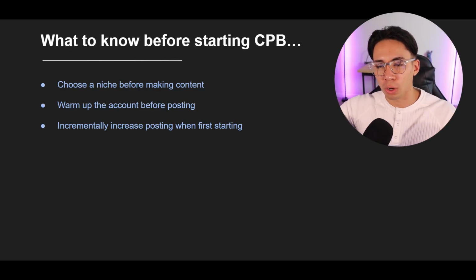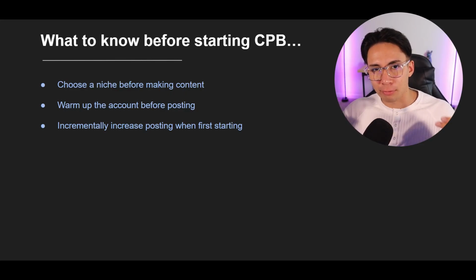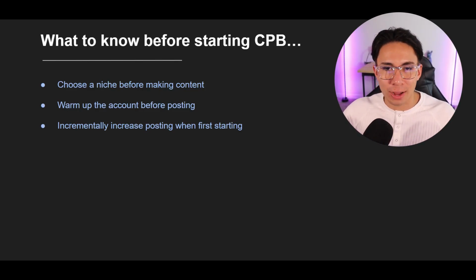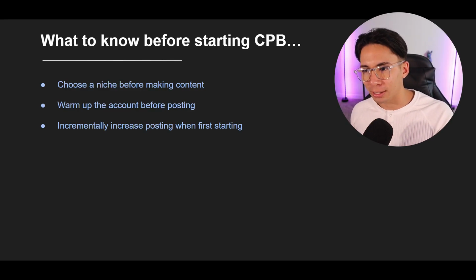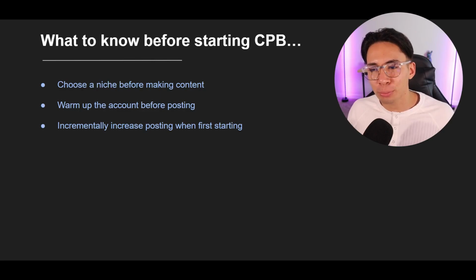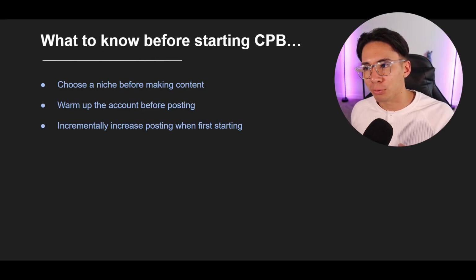You're posting 1 a day at the start, and you do that for 2 to 3 days. And then after 2 to 3 days, you start posting 2 a day. And then 3. And then I would say at max 4 to 5 videos, right? But if you just right off the bat start posting 5 videos a day, it's a little bit too much for the algorithm to handle. Yes, you can do it. It's fine. You're not going to get shadow banned. You'll be okay. But for your own mental sanity, that's the biggest part.